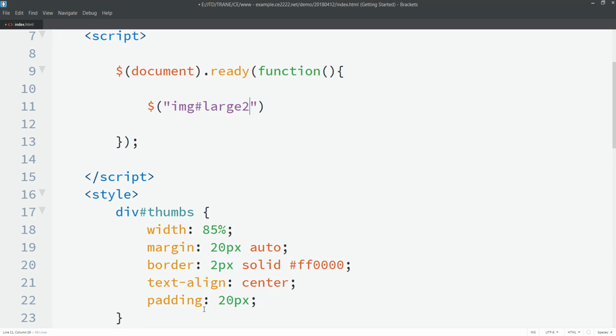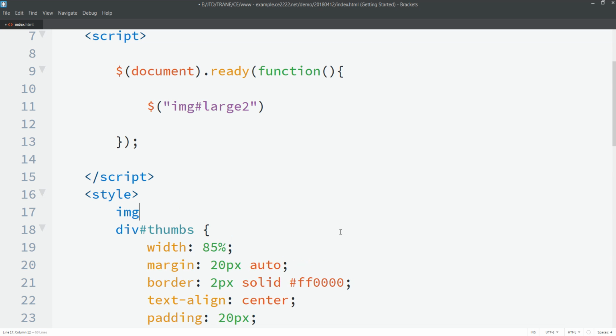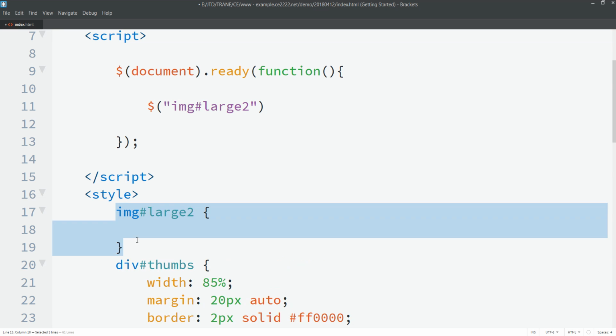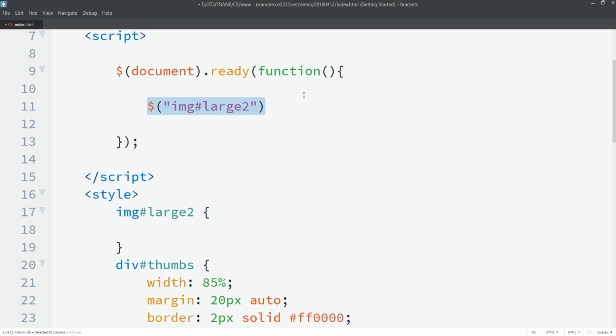So in CSS, to reference this, I would say img hash large 2. And this is how we start writing the CSS for this particular tag. In jQuery, we started off by saying $ sign, parentheses, quote, and then we have the same syntax, the same way that we reference it in our CSS. We have that inside of quotations. Just the curly bracket and then